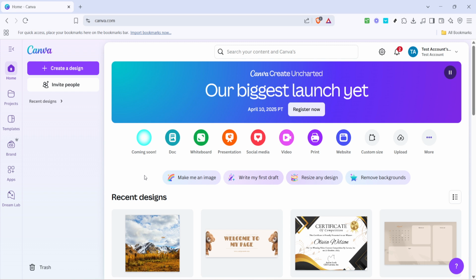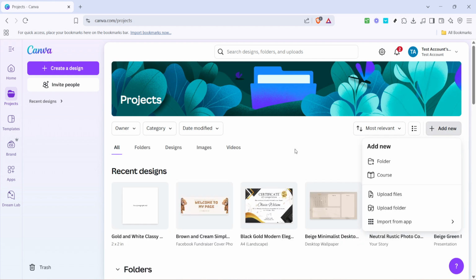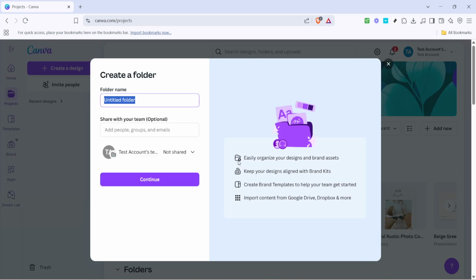Now, what we want to do is create a new folder for better organization. So you'll want to look for and click on the Add New button. After clicking Add New from the drop-down options, select Folder. This is where you can begin creating a designated space for specific projects or themes. Creating folders is an excellent way to categorize your work, ensuring that similar projects stay together, making it easy to